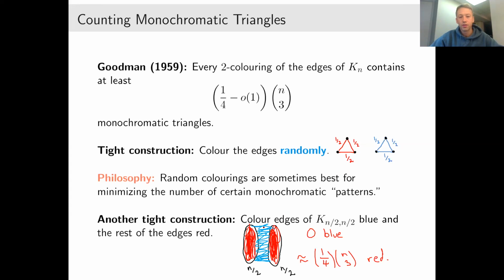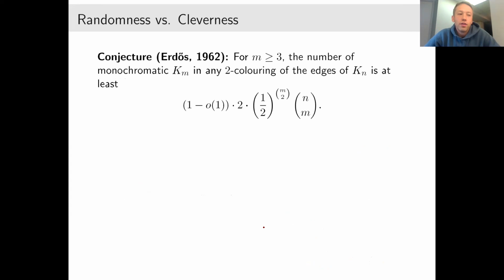Okay, so let's keep going with that philosophy of random colorings being pretty good. And by the way, the philosophy that random colorings are good for avoiding monochromatic patterns actually goes back quite far, to one of the first applications of the probabilistic method by Erdős in 1947, where he proved the exponential lower bound on diagonal Ramsey numbers by just taking a random coloring. So it seems that Erdős probably liked this philosophy, and in 1962 he conjectured that